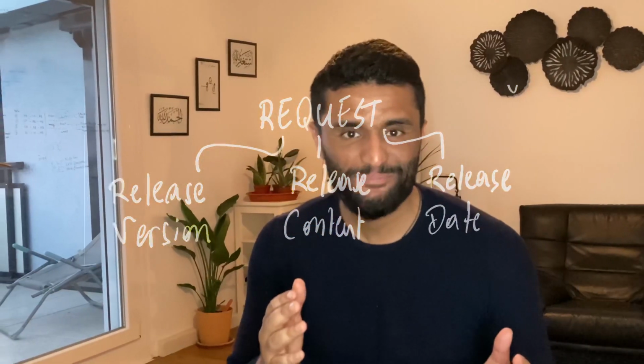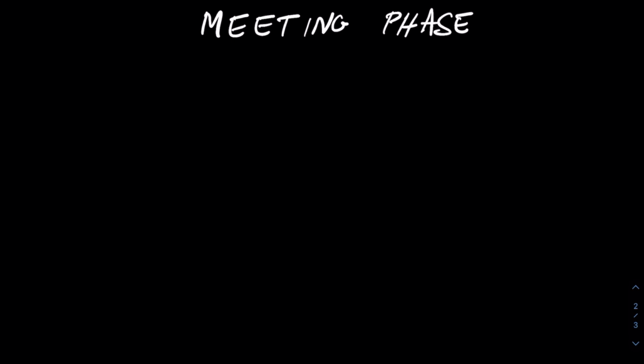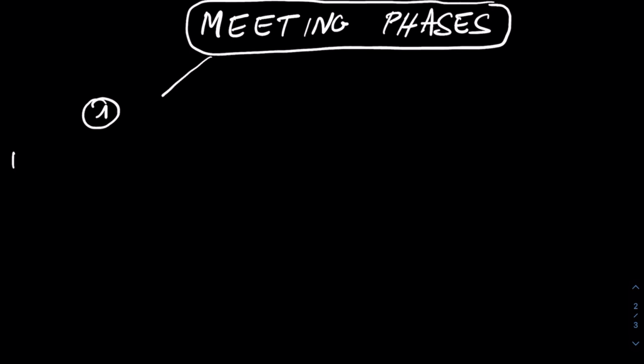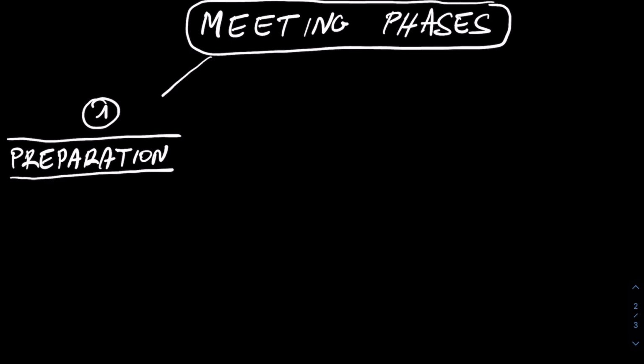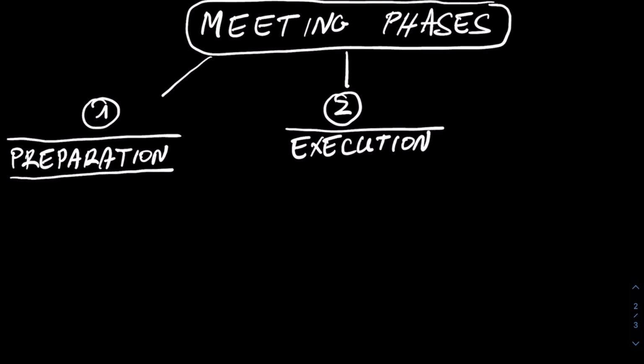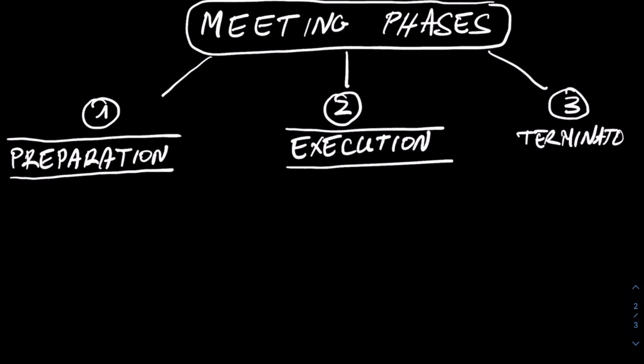customer is expecting. But before we invite the team, as project manager, here are the most important tips in order to execute a very successful and efficient meeting. First, you need to know that the meeting has 3 phases. The first phase is the preparation phase, prior to the meeting, then executing the meeting, and third is after the meeting.